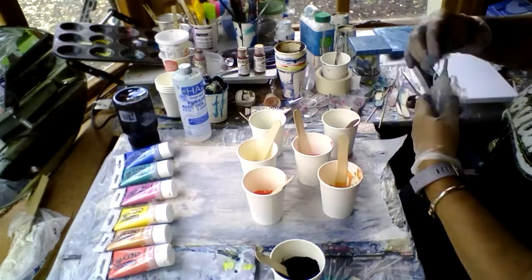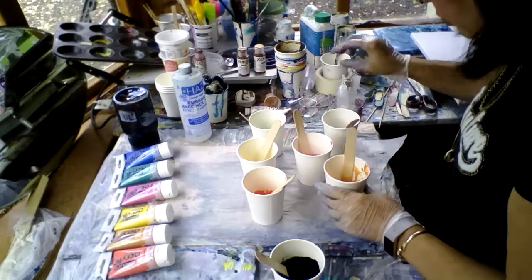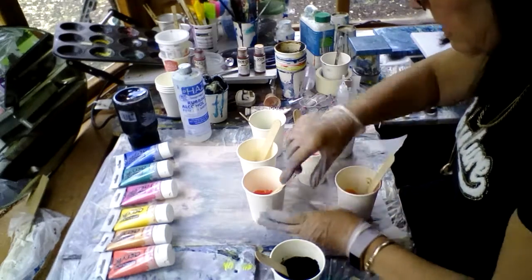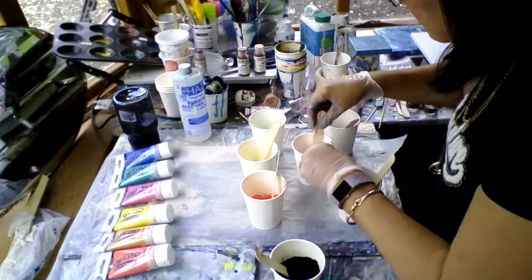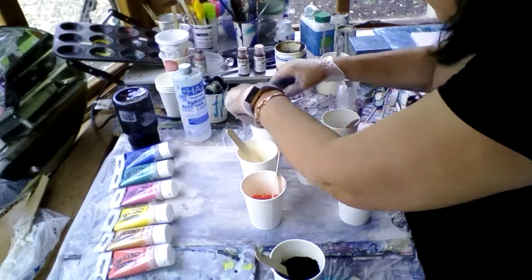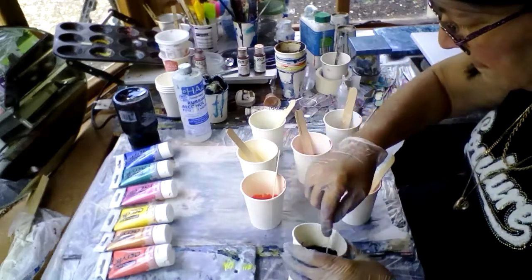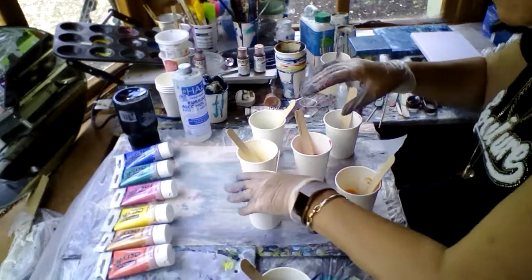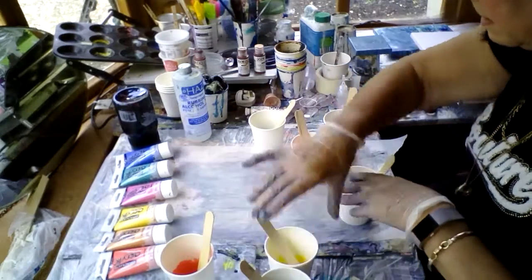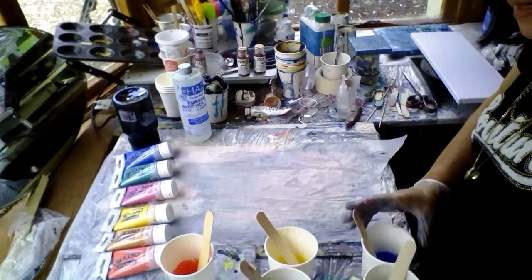I usually only put a couple of drops of silicone in, so there's a bit more than I'd normally put. And I'll just give it a very light mix in each. See if it makes a difference. A swipe or a dirty pour? I don't know. Swipe, I think. Right, so what I'm going to do is pour all the colours over in lines, and then,